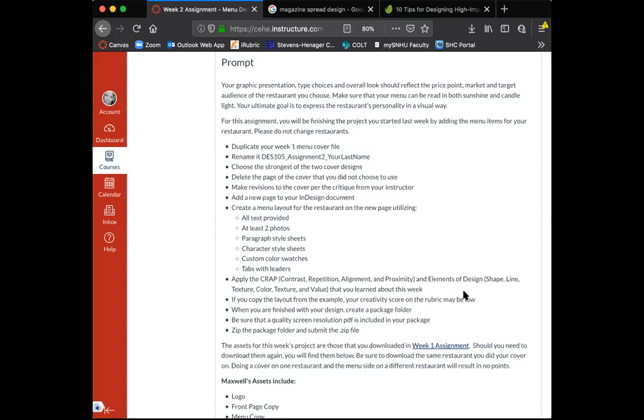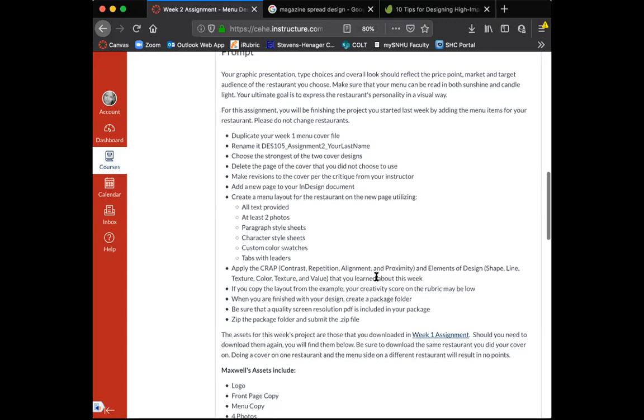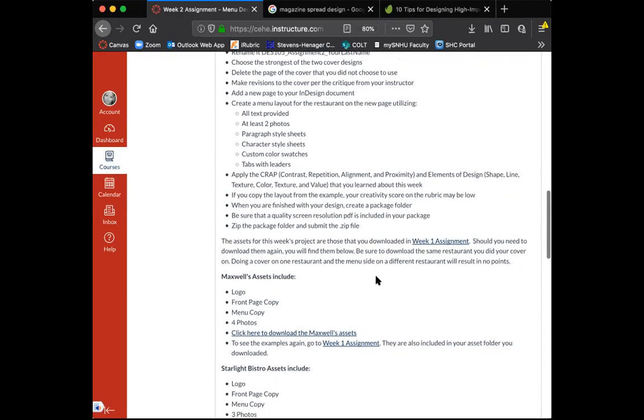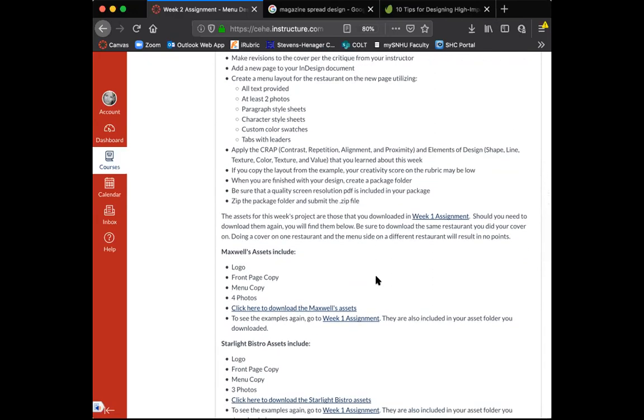For this assignment, you will be finishing the part you started last week by adding the menu items for your restaurant. Please do not change restaurants. You're going to duplicate your work 1 menu cover file and go forward with the one that you want. Rename it assignment 2, your last name. Choose the strongest of the 2 covers and delete the page of the cover that you did not choose. Make revisions to the cover per critique from your instructor. Add a new page to your InDesign document. Create a menu layout for the restaurant on the new page utilizing all text provided,